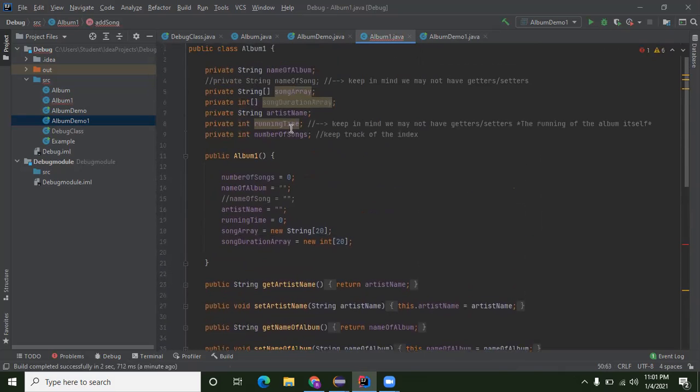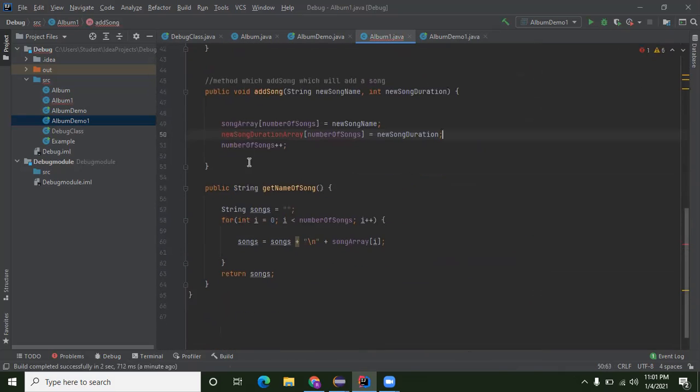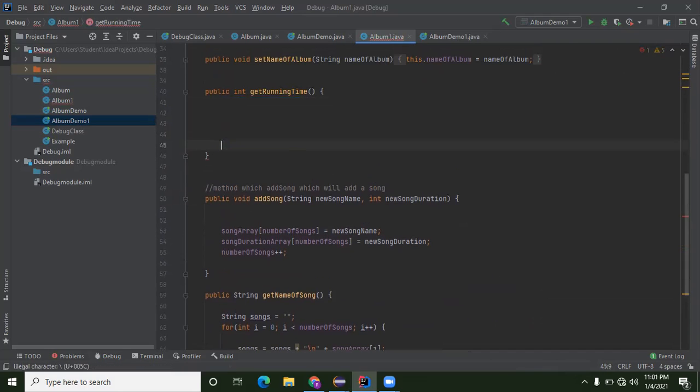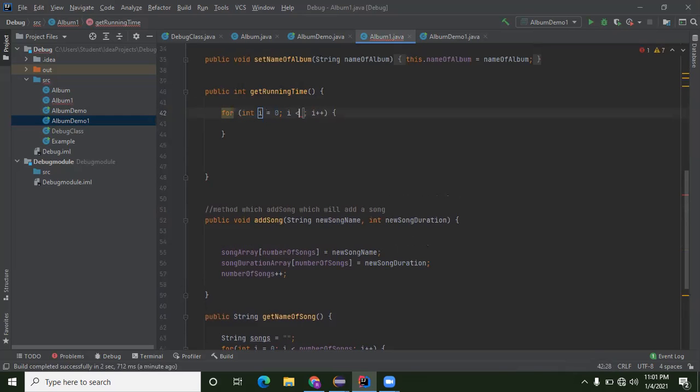Let's see what it's called, because it's song duration array. It's not called new songs, it's song duration array. And at number of songs, I'm going to store the new song duration, what they entered. And as it increments, it will gradually store what they enter for each index. And then when I'm here, returning the running time doesn't equal anything, right? So what I'll do is I'll use another for loop, and I'll increment through the array itself, number of days